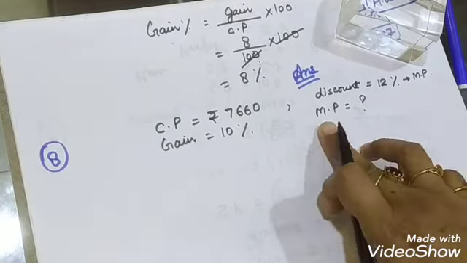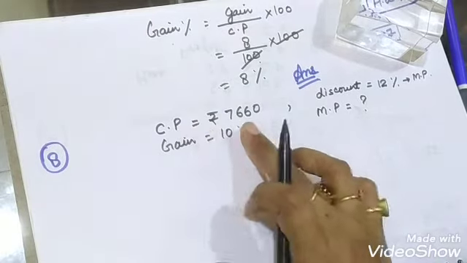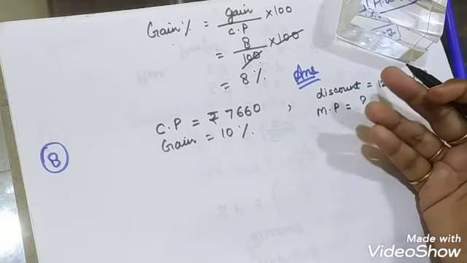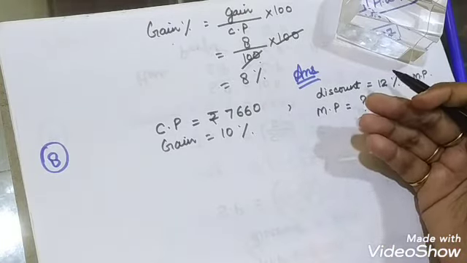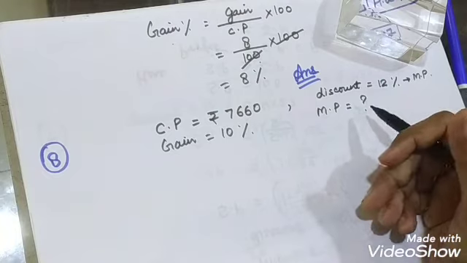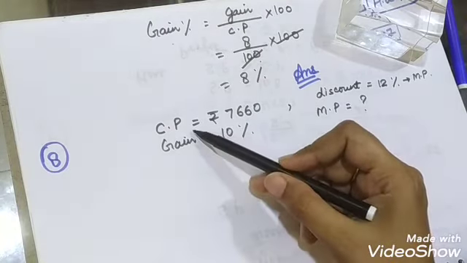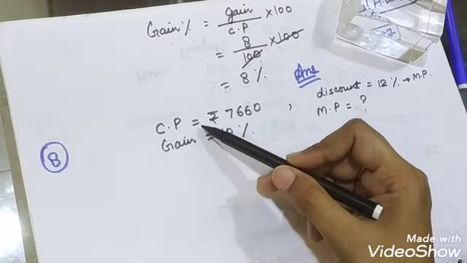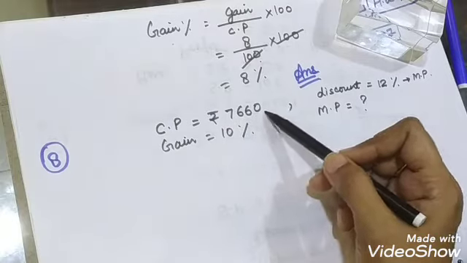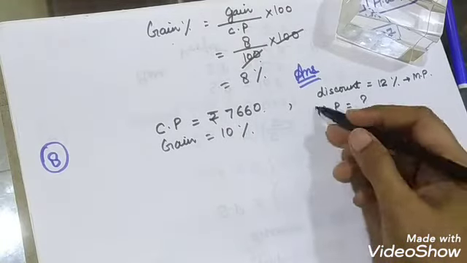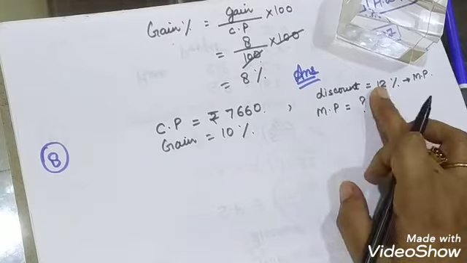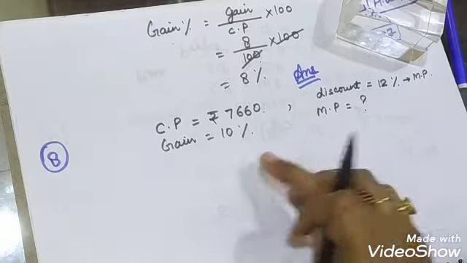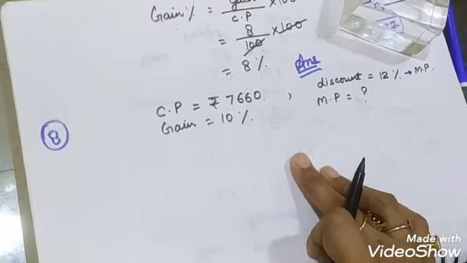Now the difference between marked price and cost price is, the cost price is less and he marked it more than the cost price. The businessmen do this. They have purchased with the less amount and they sold it with a high amount. So by purchasing a washing machine, a dealer has a cost price of 7,660. Then he raised his price to some amount, and then allowed a discount of 12% on the marked price, whatever he supposed, and then in the whole transaction he gained 10%.